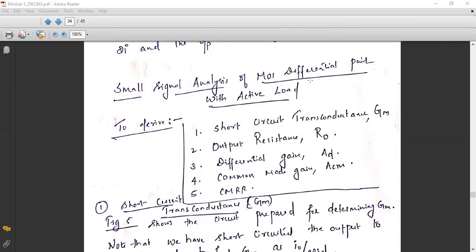And do you know what is the advantage of using a mirror circuit? We will be getting more gain, what we desired. Whatever we are getting in the double-ended case, the same gain we are going to maintain in the single-ended case also, unlike in the conventional differential pair. In the conventional differential pair without any active load, the gain will be half of the original value. That is the main drawback of the conventional differential amplifier.